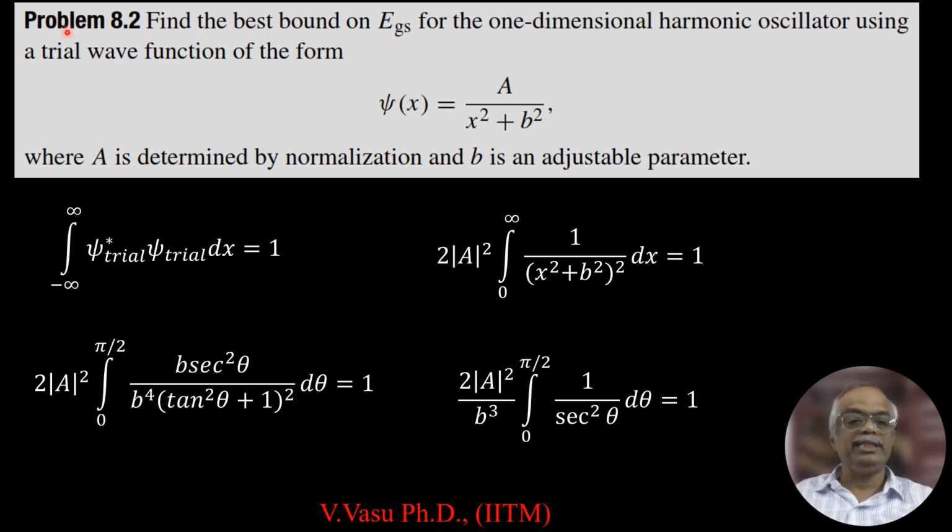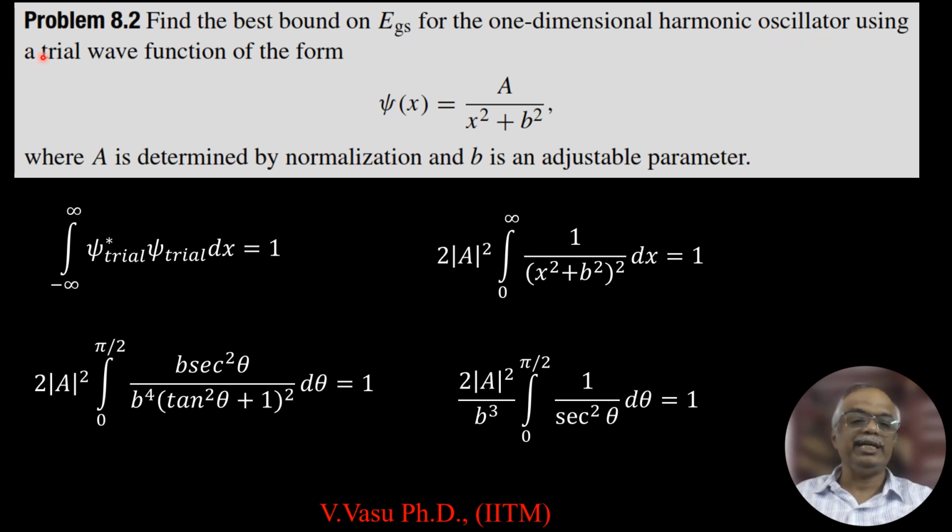Today we will see problem 8.2 of Griffiths, third edition, Introduction to Quantum Mechanics. I have already uploaded the lecture on this topic, but here I have used a different technique which is easier than the previous one. The problem is: find the best bound on the ground state energy for a one-dimensional harmonic